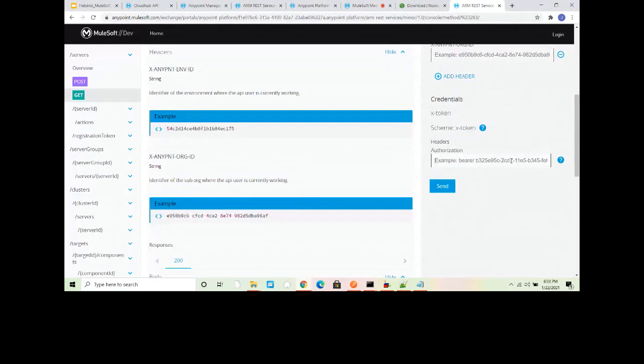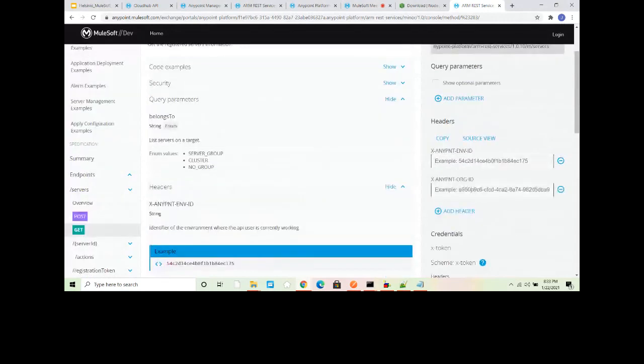We will see in a few minutes how we can do that. Just keep in mind, when you are accessing ARM API, you always have to pass the environment ID and organization ID. How we can retrieve these, we will see. Then you have to pass an authorization header with a bearer token. How we can generate a bearer token, I will show you that also. Just stay with me.